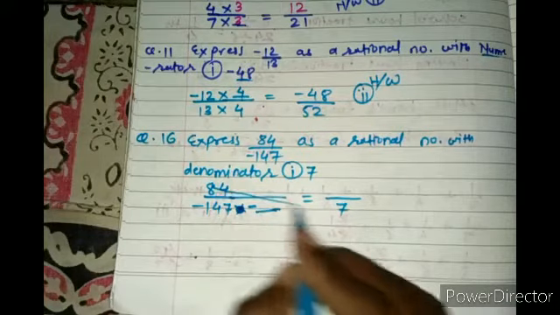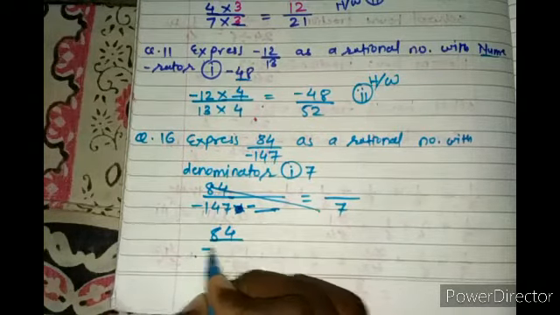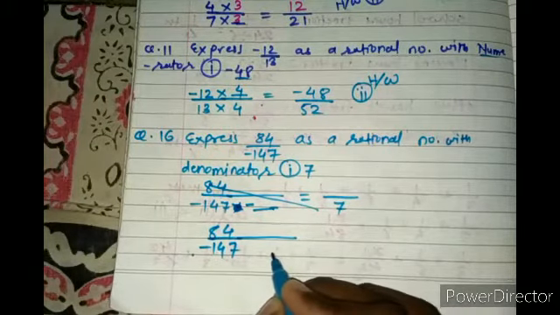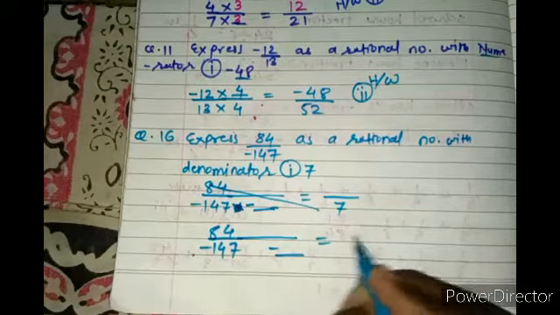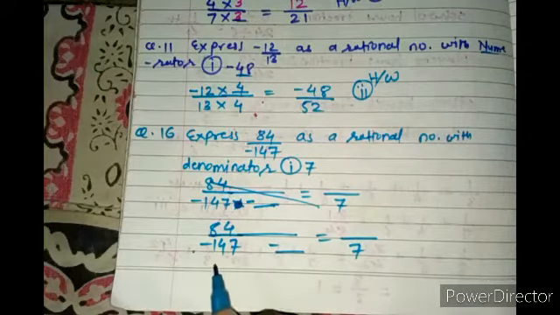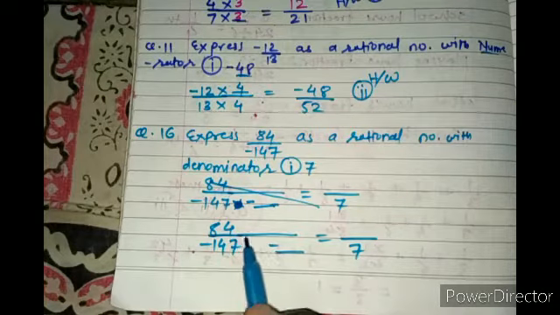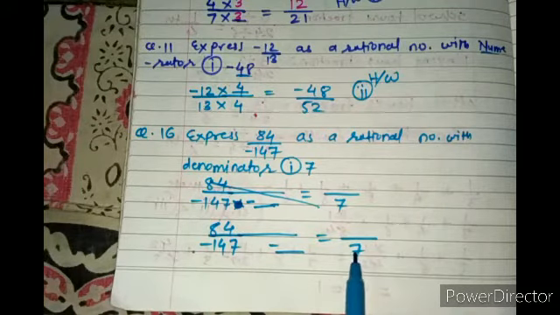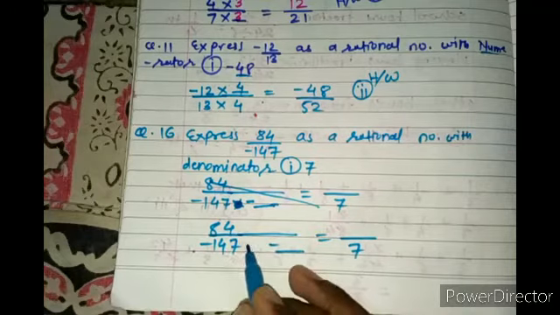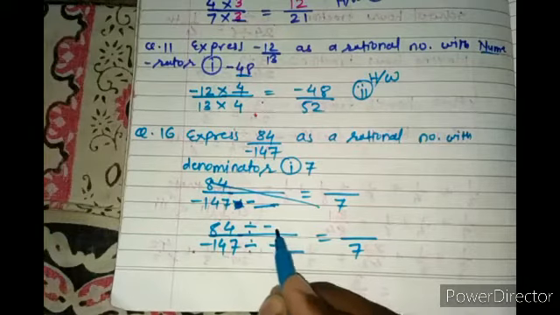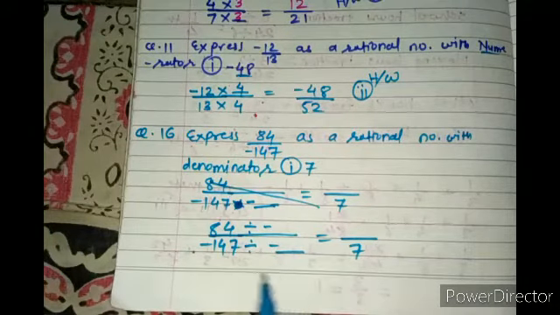So here again I am writing 84 by minus 147. One thing is clear: we have to take the number negative, because 7 is positive. Now we have to think whether we choose multiplication or division. Whenever the greater number is going to become smaller, in that case we have to divide. So the operation is also confirmed: division. Now we have to think by which number we will divide. That number should be negative.